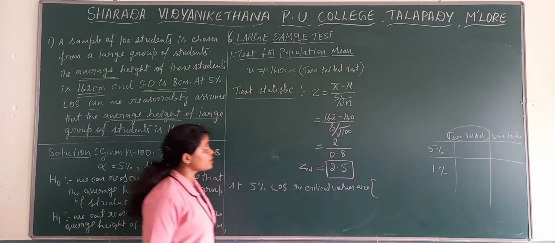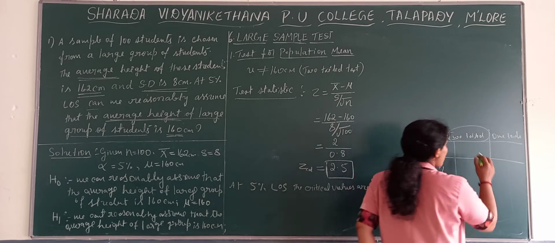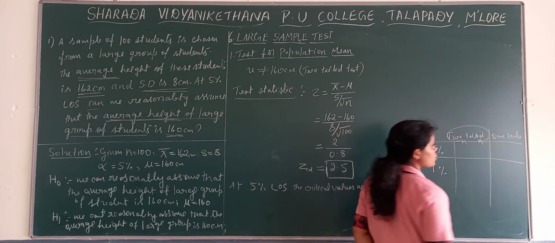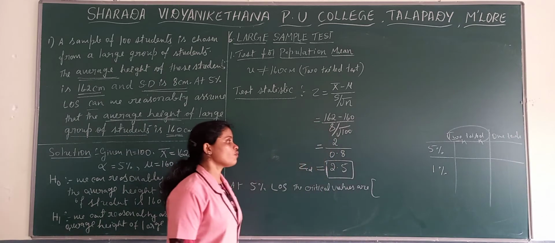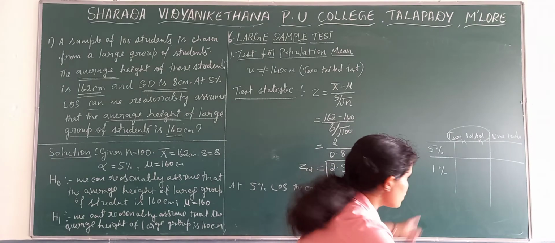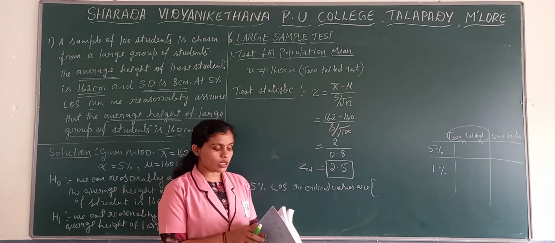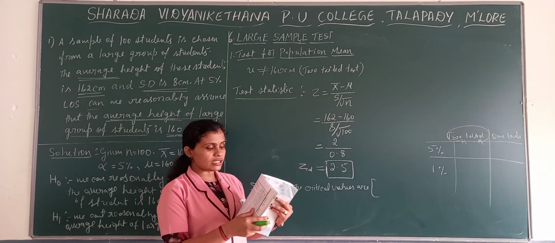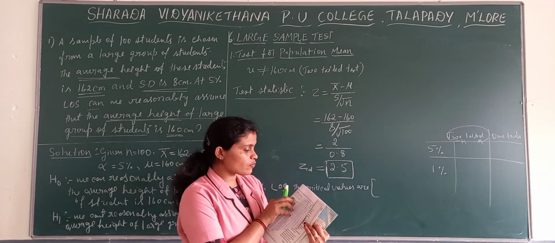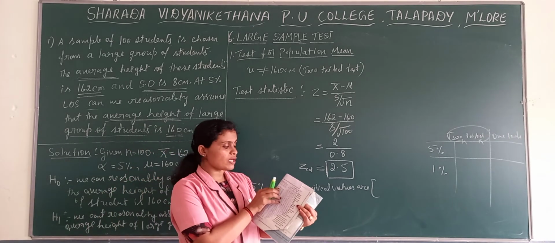We know that it is a two-tailed test at 5% level of significance. What are the values of minus k and positive k? This particular table will also be given in the statistical table. If you see the statistical table, the normal test, Z test, page number 431, the table is given for the normal test.